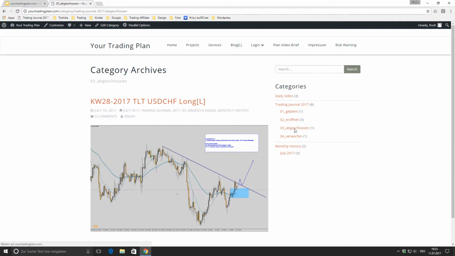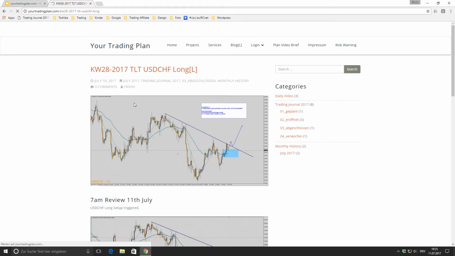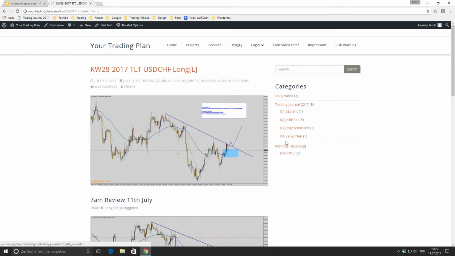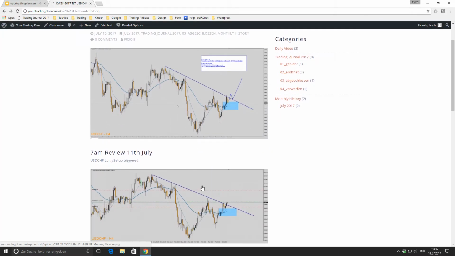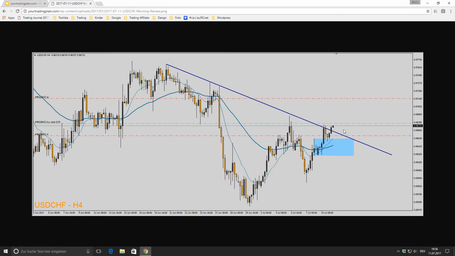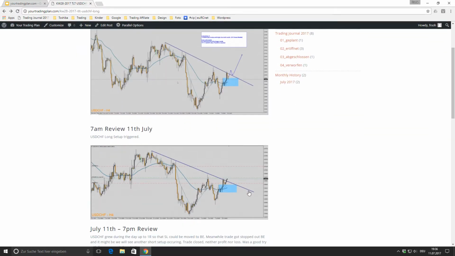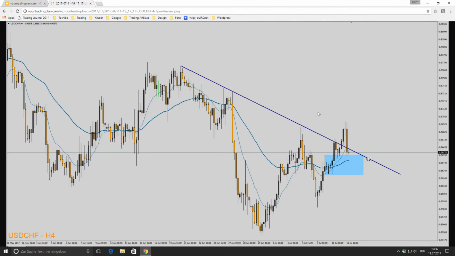So let's look at the close trade, and this is the long order we had yesterday. First of all, we skipped an idea this morning about US dollar Swiss franc for the short, and we saw it, and yesterday afternoon we still put in this setup, so that we said, okay, when this is breaking, we are going long, and this is also what we did. This was our plan. So this morning it was broken, so we went long here with a buy stop order, and we got executed during the day, and we got already to one hour break, 1 hour profit, and